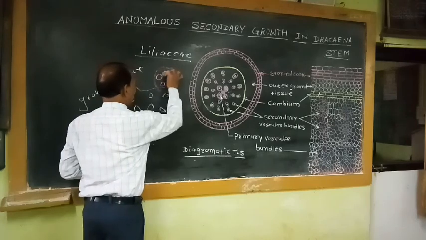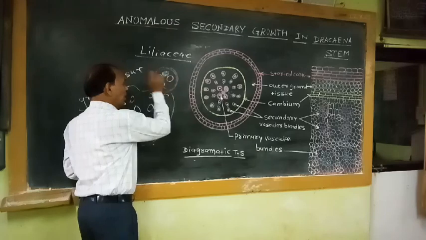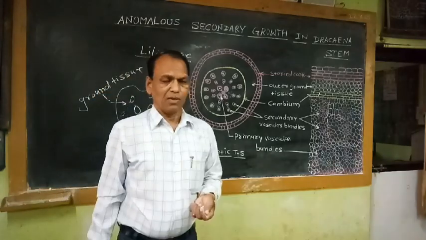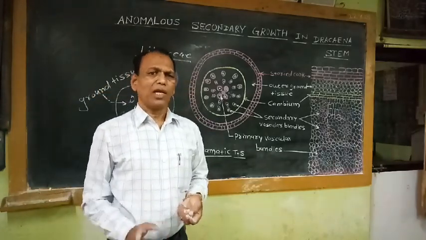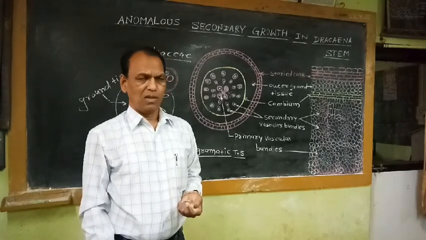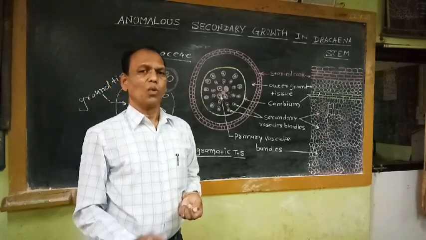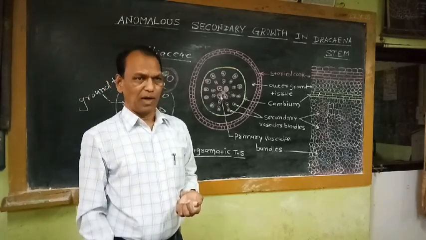That means in between phloem and xylem, here is the phloem. This is the Y-shaped xylem. So in between phloem and xylem, the cambium is absent. What is cambium? Cambium is a lateral meristematic tissue strip which is generally found in the dicot vascular bundles. That's why the vascular bundles in dicots are commonly called conjoined, collateral, and open type of vascular bundle.